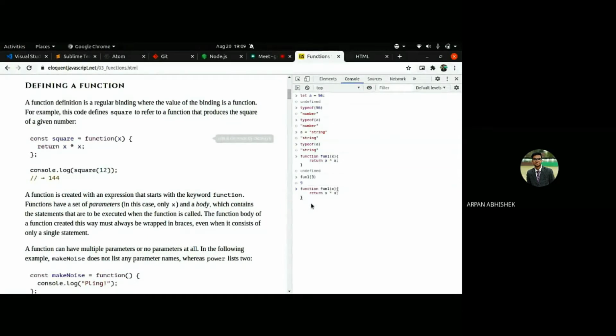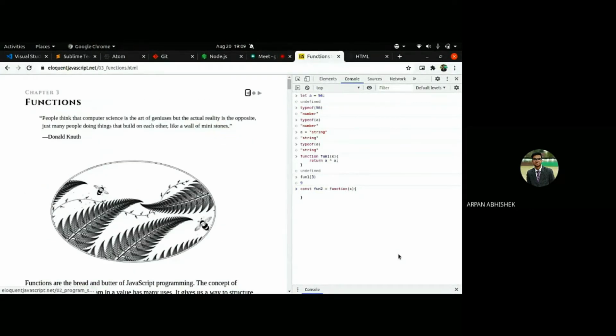And another way, we can define a variable. We can say fun2, and we can say function, and simply give the curly braces, and we can pass the parameter like x only.